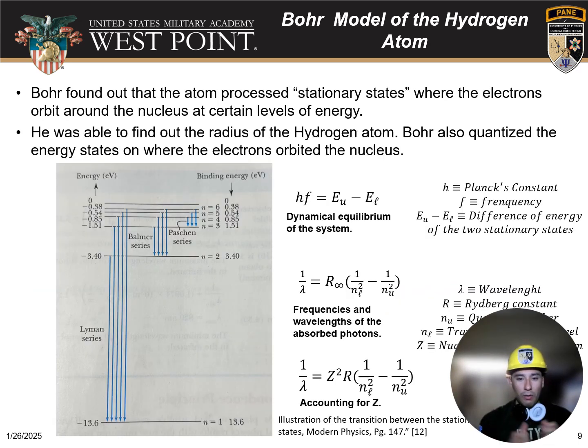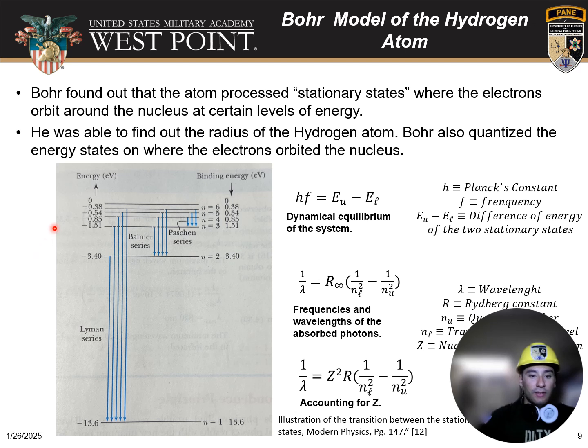So what did Bohr find? He found the stationary states, where the electrons orbit around the nucleus at certain levels of energy. As you can see here, his concept of stationary states is divided into different energy states. These energy states would jump from the dynamical equilibrium of the system from the top levels down into the first level. And you can see here in the illustration of the transition between the stationary states,